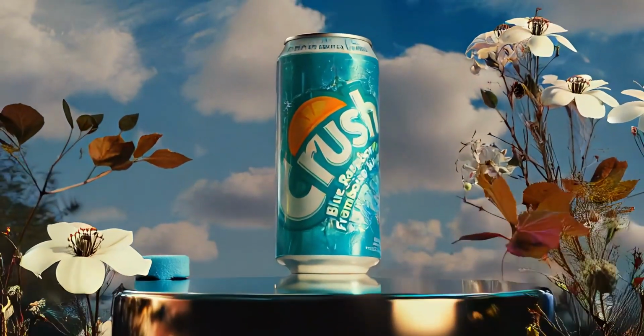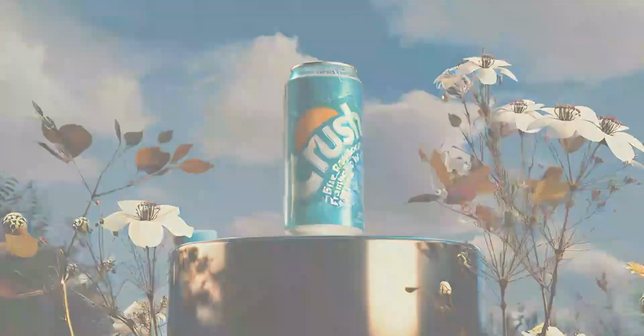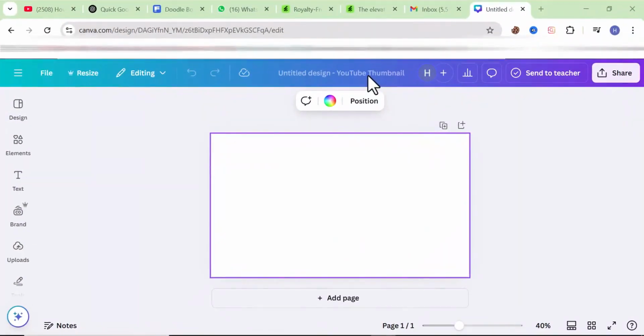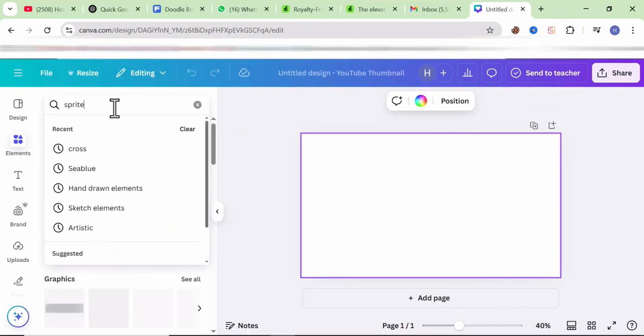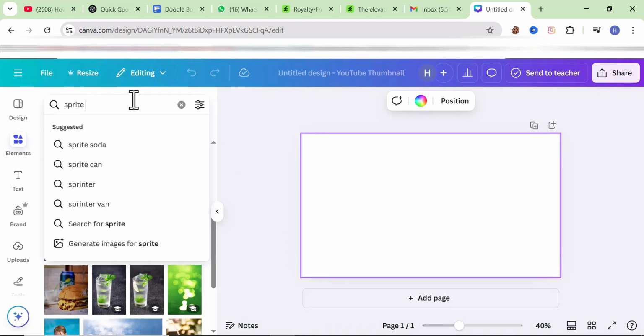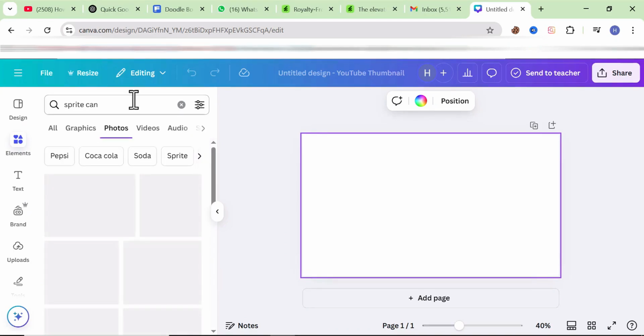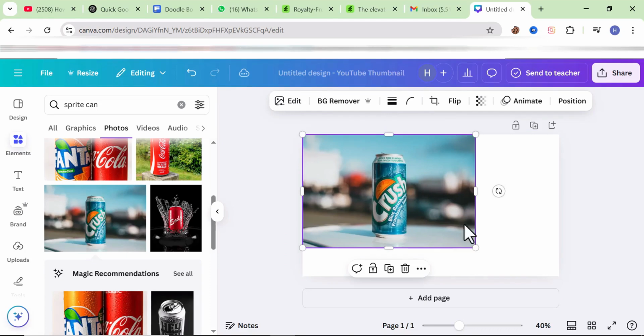First, you have to create a high-quality image of your product. For this, I'm choosing Canva, and from Canva, I'm going to the Elements tab. Here, I'm going to search for Sprite Can, and from here, you can search for a Sprite Can of your own choice. After selecting it, click on the Background Remover option, which is paid